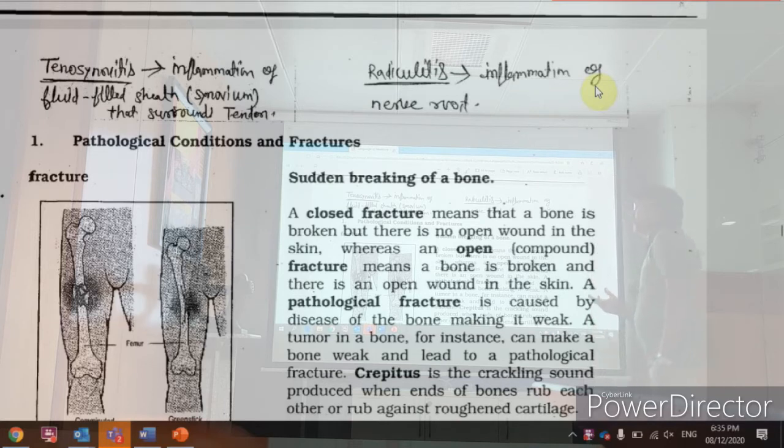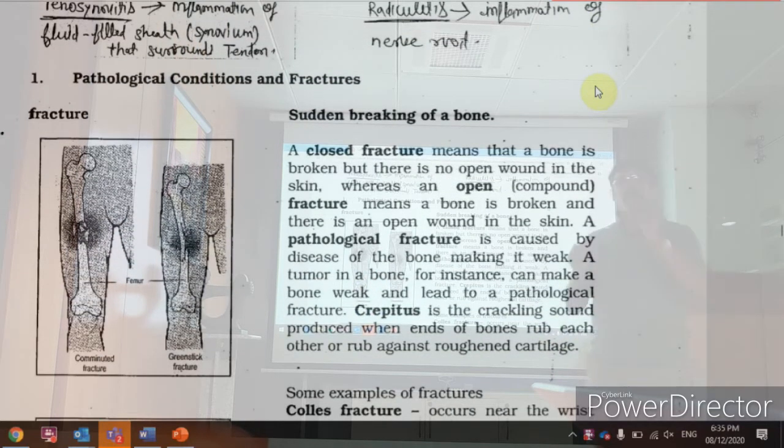First thing that you know is known as a fracture. What is the definition of a fracture or an ulcer? Any discontinuity in the bone is known as a fracture. Any discontinuity in the skin is known as an ulcer. I am just relating it, though we will read about ulcer later. There are two major types classified: closed fracture and open fracture. We are going to have different names now, coming up only on fractures.